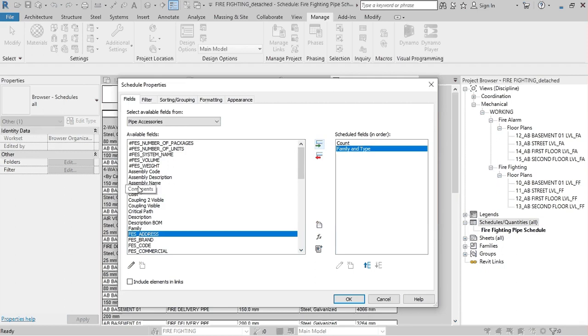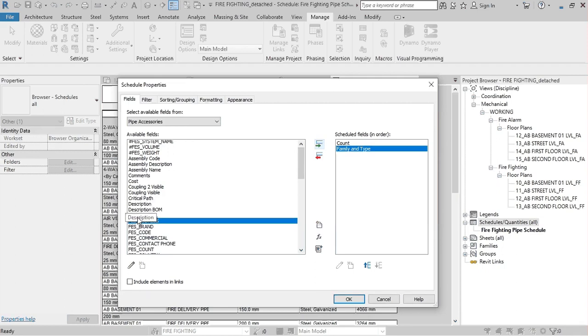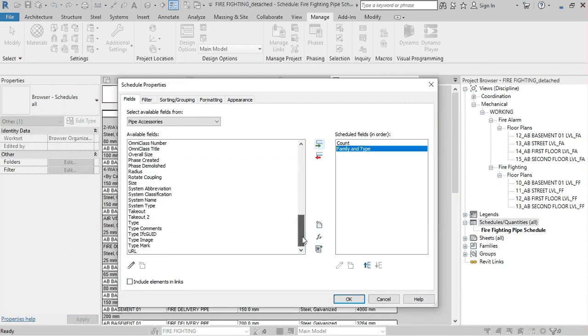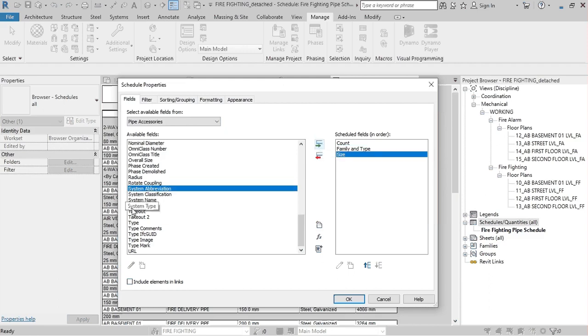First of all, level, count, family type. That's why I can select the size also. Which size are you using? You can check and add the level also.